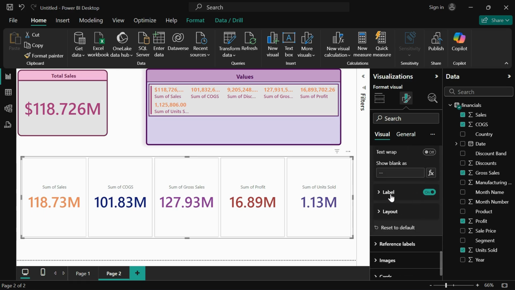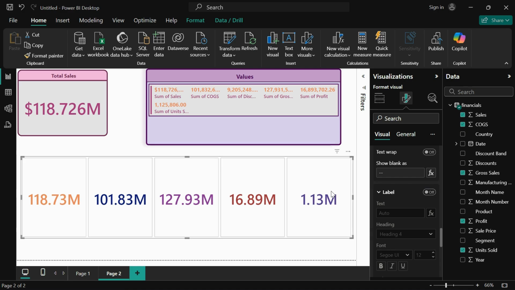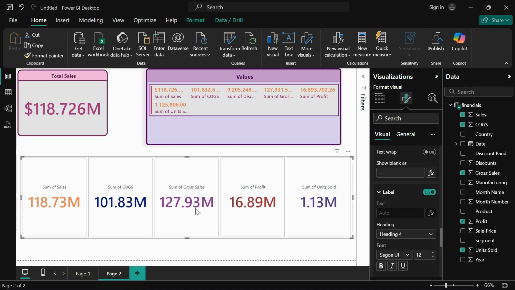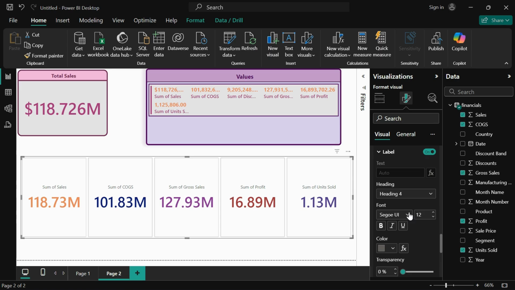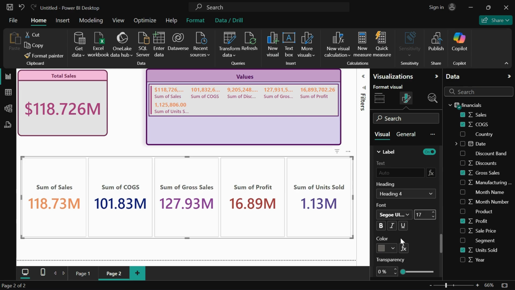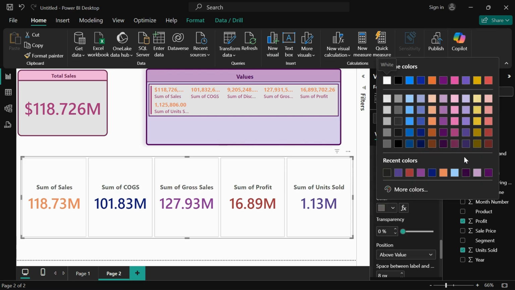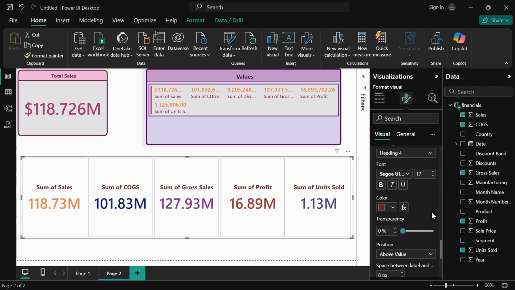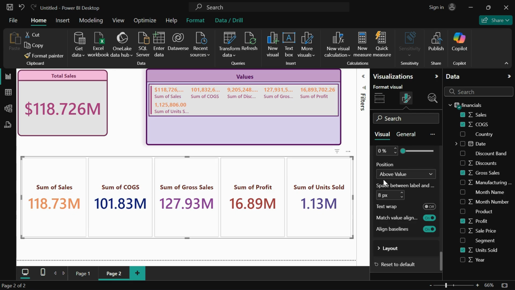If you see these labels, the title is showing here, the label showing sum of sales, sum of COGS, these are labels. If you turn it off, then these labels will be hidden. If you turn it on, then they will be visible. And you can change the font formatting of these labels, right? You can change the color of it, and you can change the position. By default it is above, you can change to below,